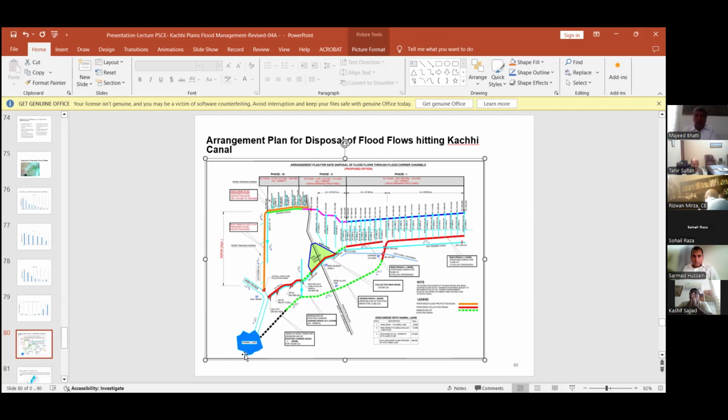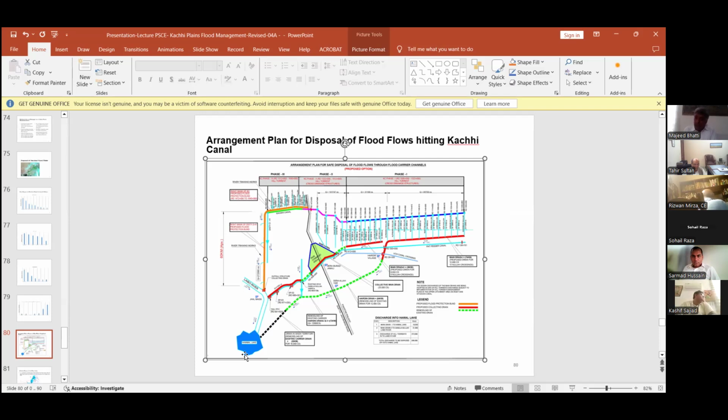this residual water, and that residual water has to be disposed of till we can actually utilize this water in the upper areas, in the catchment areas, or in Kachi plain. We have to have some arrangement to safeguard the people and property of Sindh and Baluchistan.